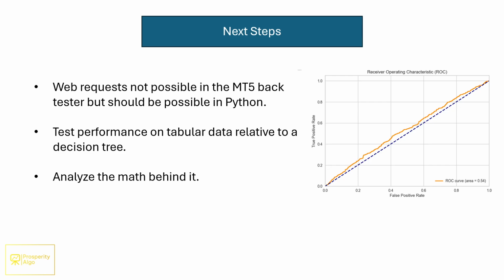I'd also be quite curious to analyze the math behind it. The reason why I love decision trees is that it's very straightforward to break down the math that's going on behind it, and you can even do it manually. Whereas these large language models are significantly more complex. But before trading with anything, it's good to understand what it's actually doing. You don't want to have a pure black box model. So being able to really break down and get as much information as possible, which OpenAI typically doesn't like to share, but perhaps some of their competitors will, to be able to see what's happening. So lots of really interesting applications here, but I think these are a few avenues which I'm looking to test, and I will update you guys in the coming weeks in terms of what happens there.